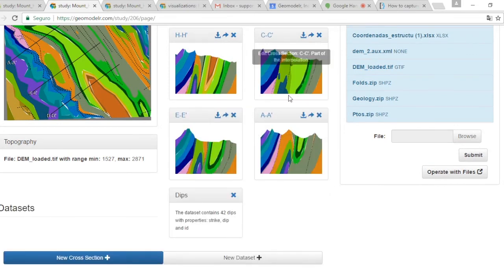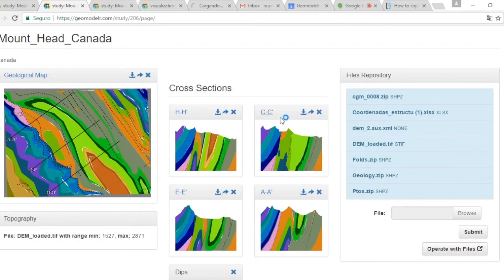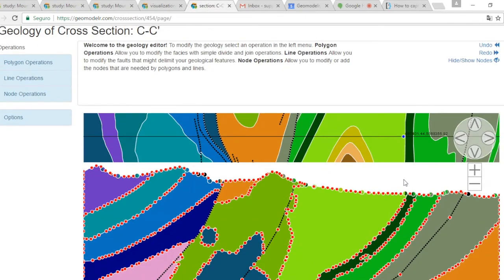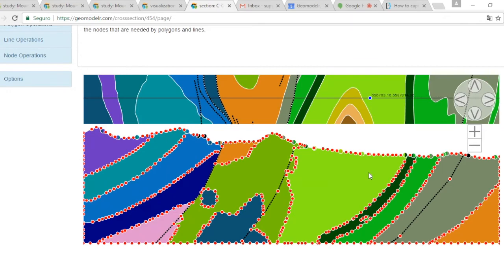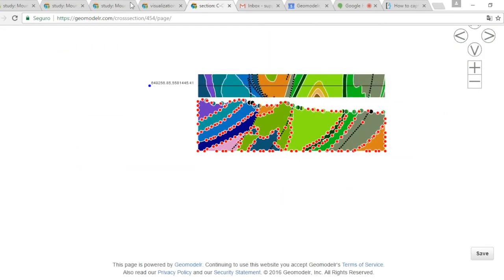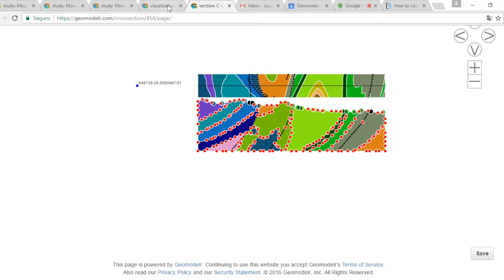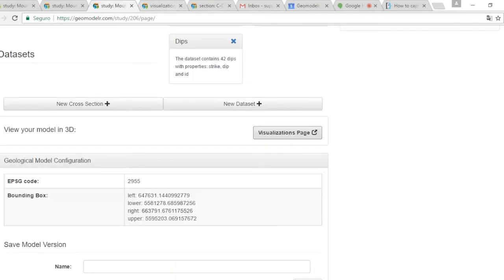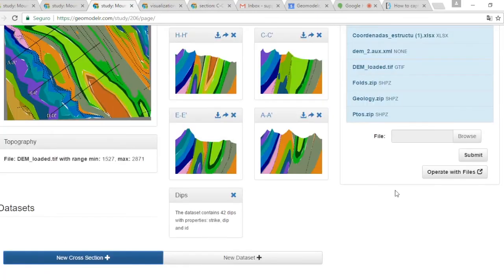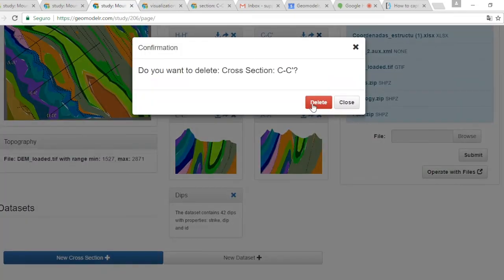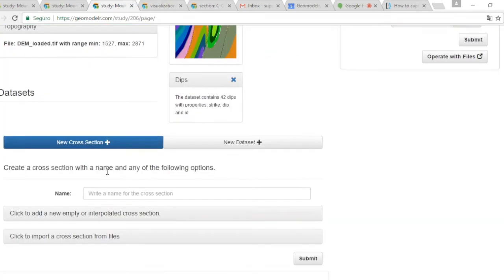So what Geomodelr creates is a smooth transition between the cross sections. This smooth transition, we can see it here. We can see, for example, that if we create a cross section, let's delete this for once. You can see, for example, that if we create a cross section called cross,